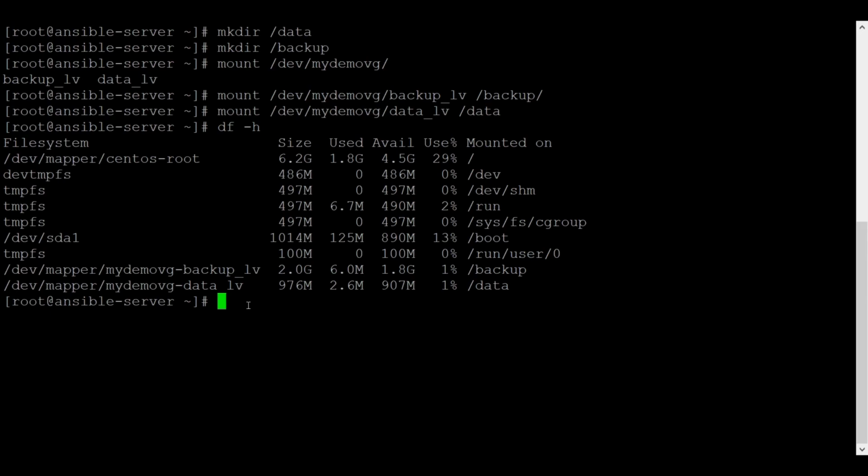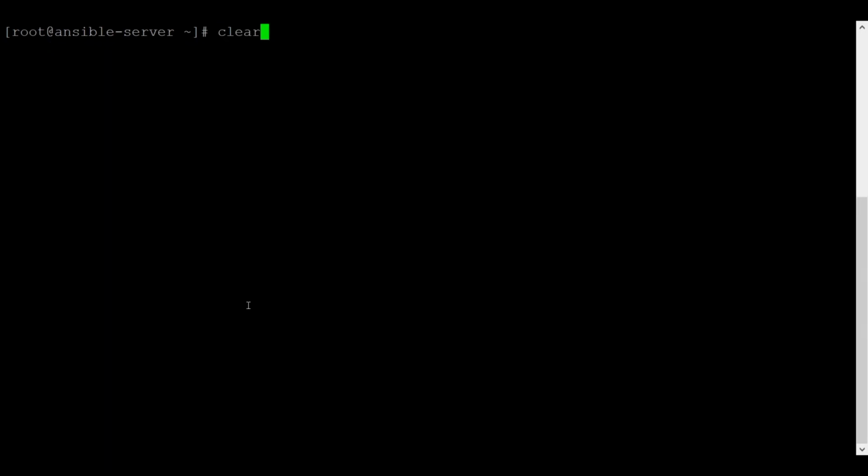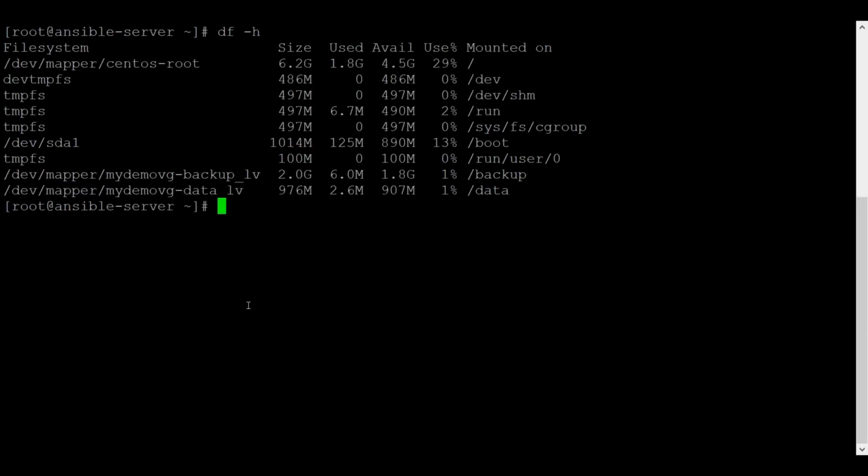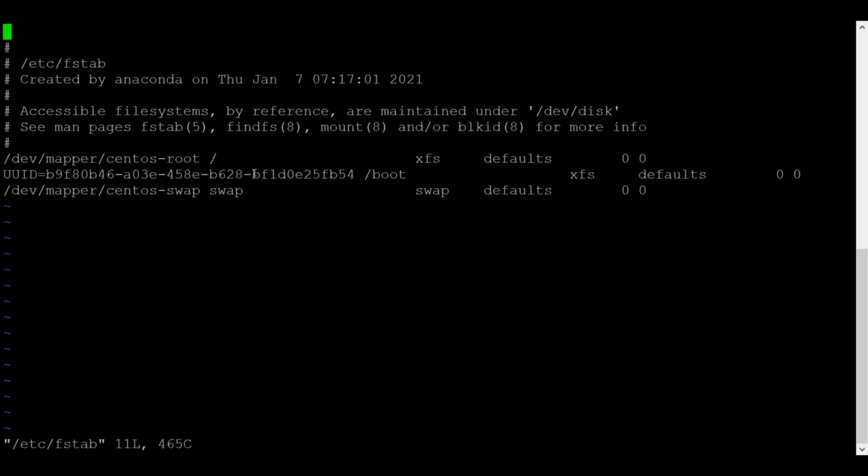And the same thing we can update in the /etc/fstab file for permanent mounting, because till now we have not permanently mounted this file system. So if we reboot this system, it will be lost. For that we need to edit the /etc/fstab file, right? Now copying it, via /etc/fstab, go to this file, and here add new lines for this LVM partition.